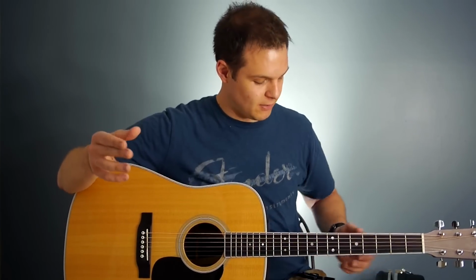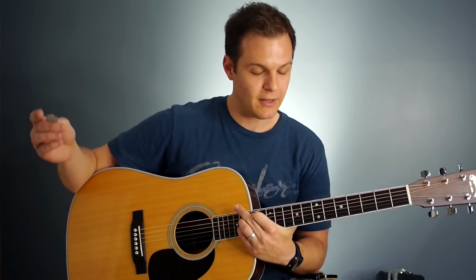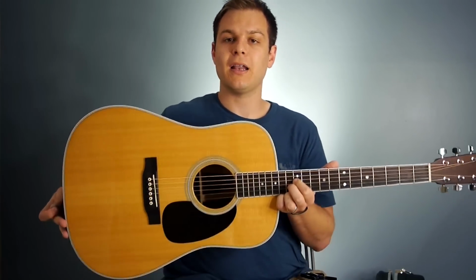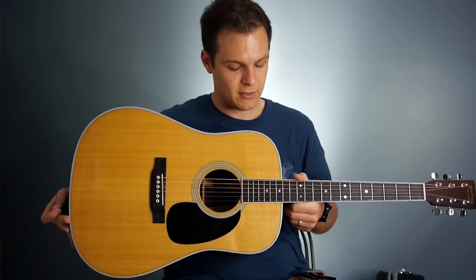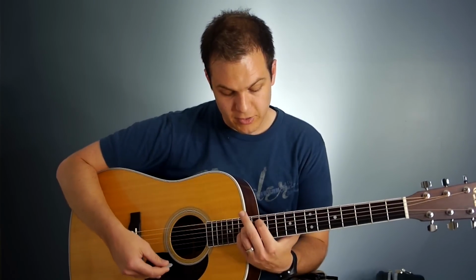Intonation is spot on. If I'm playing, it's in tune, which I like. It would be bad if it weren't. So sometimes I miss the cutaway, but I like the look of a guitar without a cutaway. I'm not a big fan of cutaway guitars. I do have one, so I don't dislike them that much, but sometimes I miss it if I'm trying to play